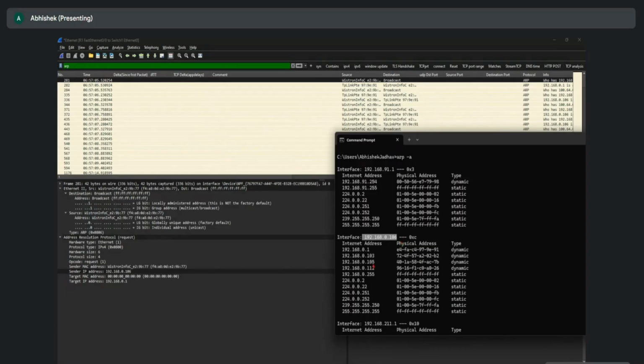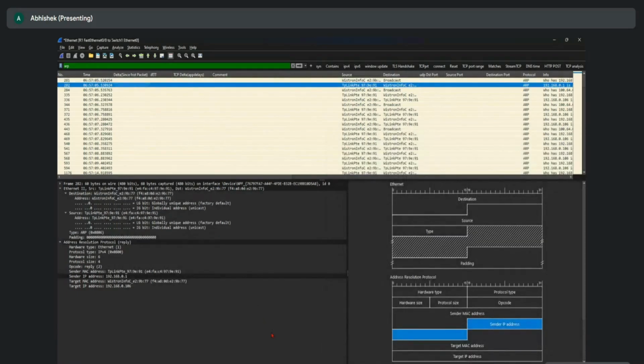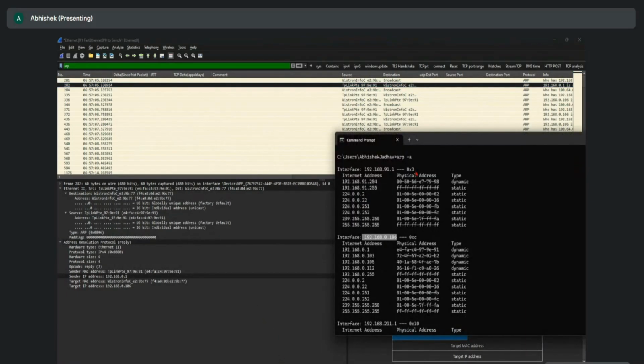So now this particular ARP table, if you see whatever reply we have received, yeah, we have received a reply. In this, if you see 0.1, we have the destination, the router information, and the physical address is this. So if you see the physical address, where is this? Yeah, this one here, E4 FA C4 97 9E 91. It's matching the physical address. So this is how your device makes a note of the ARP table, the MAC table, within its own TCP/IP stack,